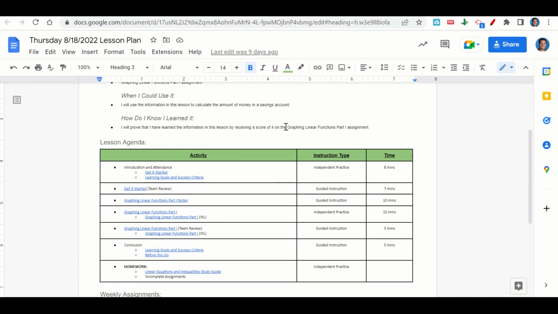Now let's take a look at our agenda for today. We will begin by going over the learning goals and success criteria. While we do that, you'll fill out your Get It Started. Once you've completed your Get It Started, we'll go over it together and answer any questions that you may have. After that, we'll go over the Graphing Linear Functions Part 1 notes, and then I'll give you time to complete the Graphing Linear Functions Part 1 assignment on IXL. Once you've completed the assignment, we'll go over it together and answer any questions that you may have. At the end of class, we'll go back over our learning goals and success criteria while you fill out your